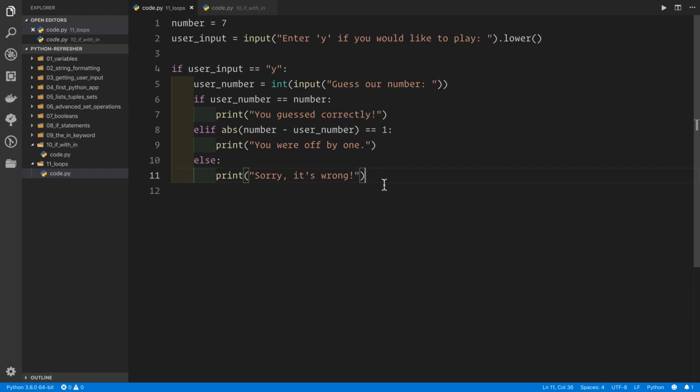So we've got our code from the last video here where we ask the user whether they want to play, and then if the user's input was Y, we asked them to guess our number, and then we told them whether the number was correct, the number being defined up here. Now what we're going to do is repeat the game over and over